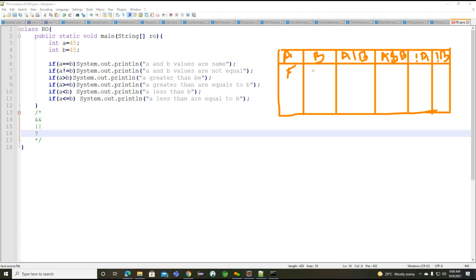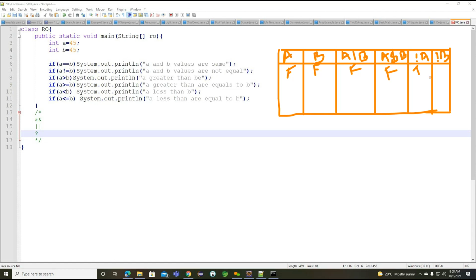If the A value is false, now what do we need to understand here? So B value I'm also making false here. A value false, B value false. And what about this particular A or B? A or B we are going to have as false here. And A and B also false here.